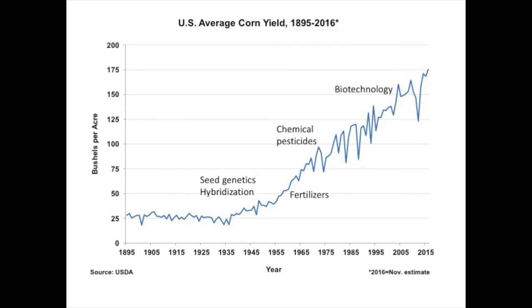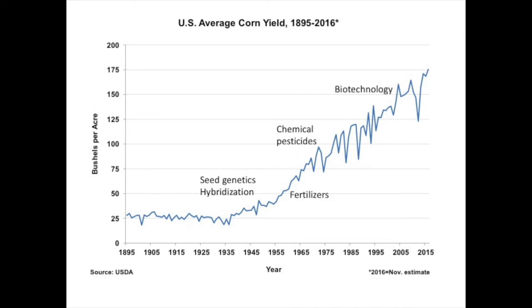Final technology that I put on this graph is biotechnology. Biotechnology would be the introduction of traits into seeds. The first three were herbicide resistance, BT, which protects against corn borer, and a rootworm trait, which again protects against rootworm. So we use the plant to do some of the things that herbicides or pesticides did with the plant. Those were introduced in the 1990s, somewhat controversial, and we'll talk about those again in the future.